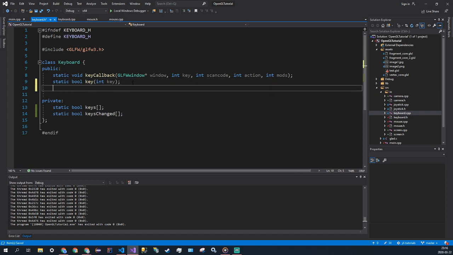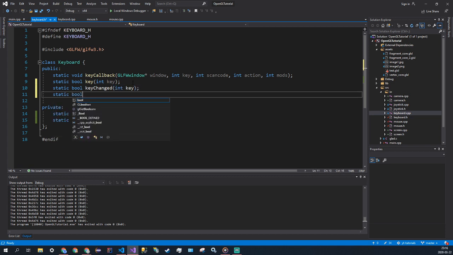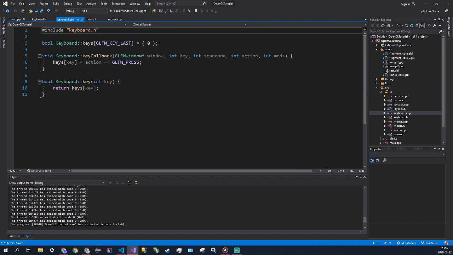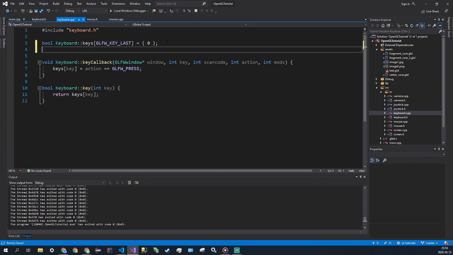Alright, and then we're going to create 3 new methods. So, static bool key changed into key, static bool key went up into key, and static bool key went down. Alright, and then in keyboard.cpp, we have to initialize the array. Say bool keyboard